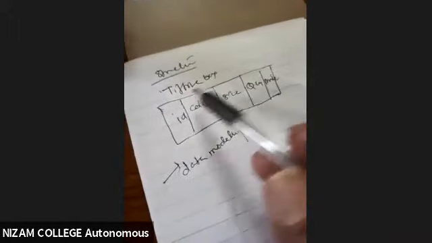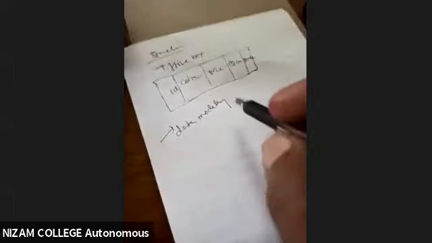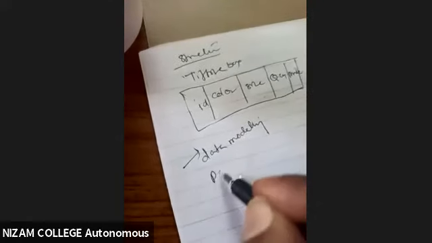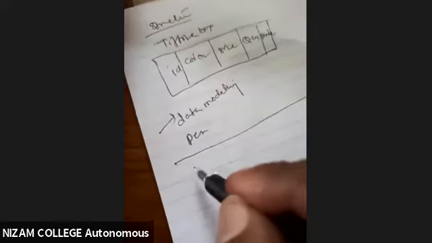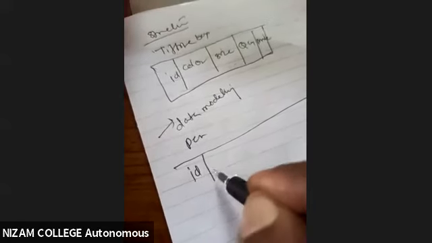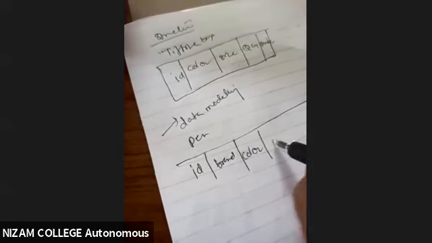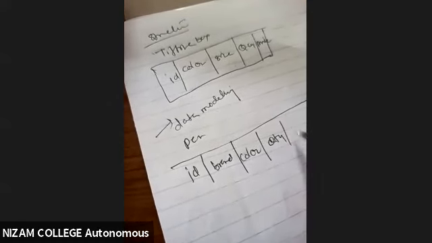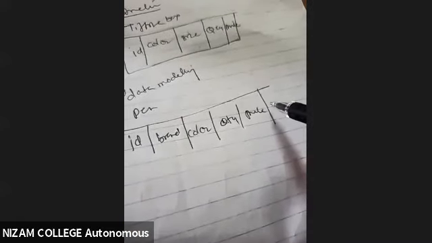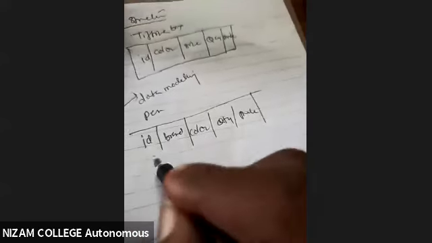So one structure has been designed. Now this is the structure of the tiffin box. Now I'll go for another one. What is another entity we have here? We have something called pen. So I'll say pen is an entity. Then again for this, a pen has the id, a pen has the brand. Then we have something called color for this. Then we have the quantity, then price. Then manufacture unit or the place. Like this, if you want as many things, you can have them. So this is about the pen.